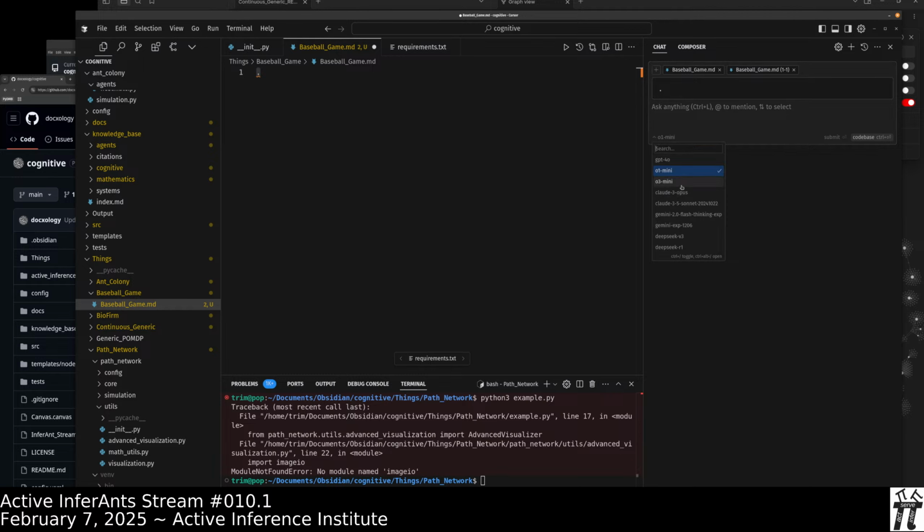Here we'll use O3 Mini just to use a different model. Comprehensively write a simulation manifesto for a baseball game, active inference simulation.